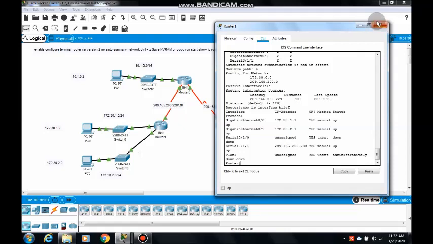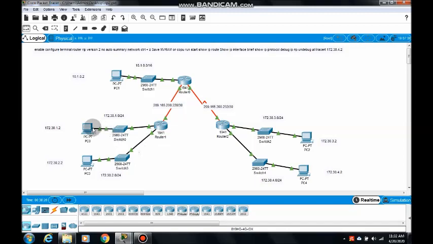Now we can give the ping command from the PC to check whether the packets are delivered to the destination or not. Close it.